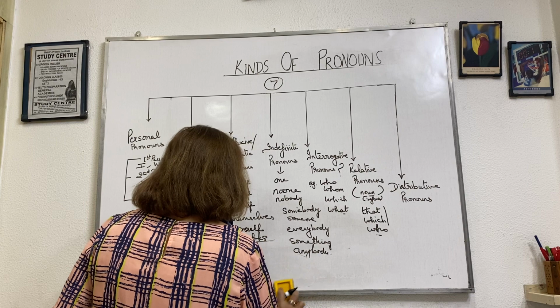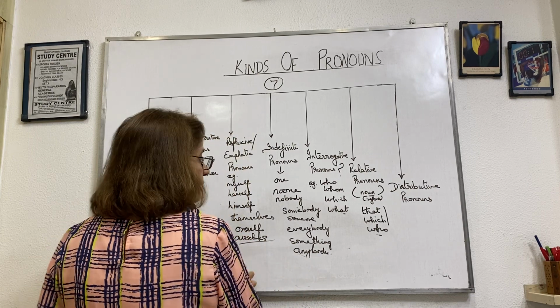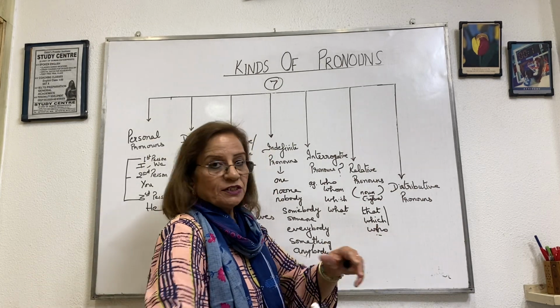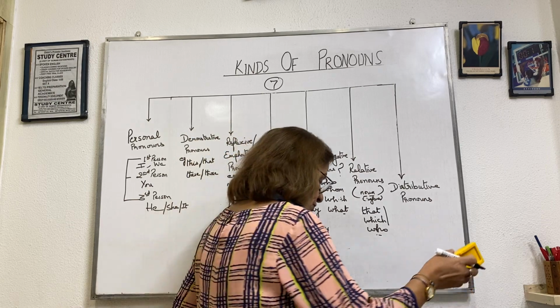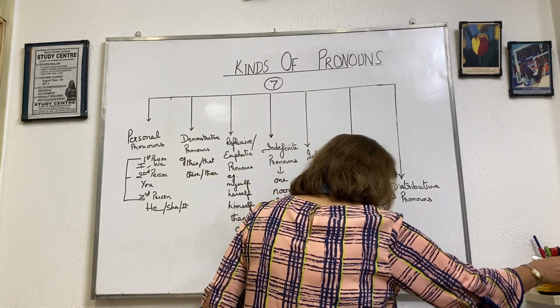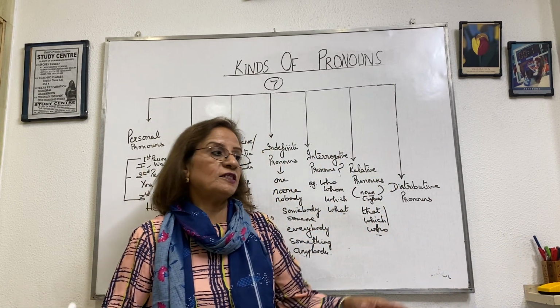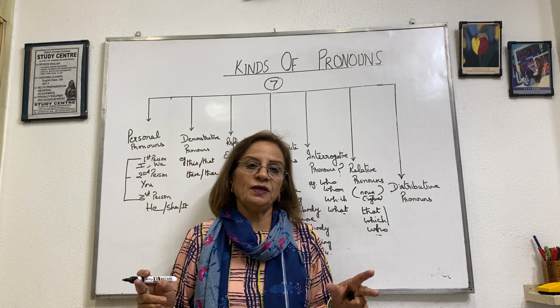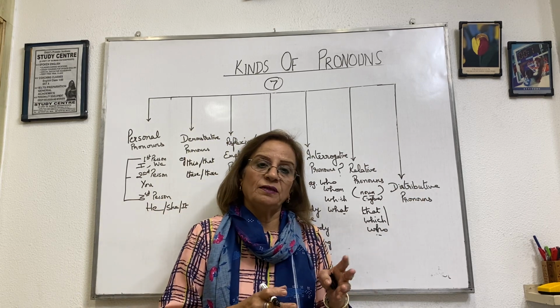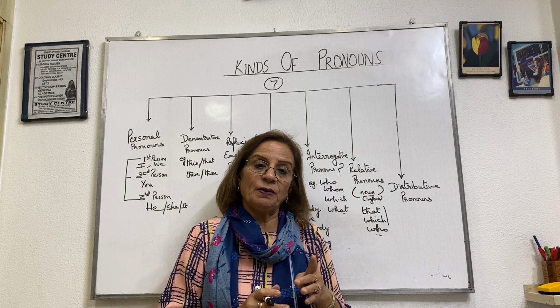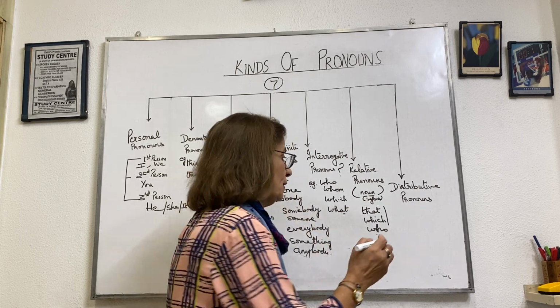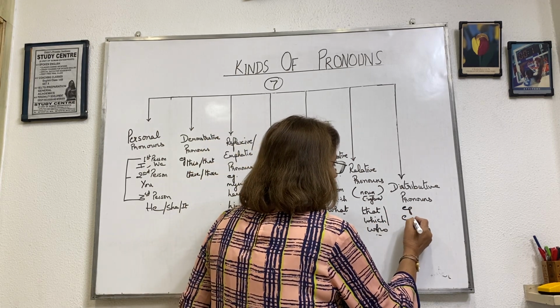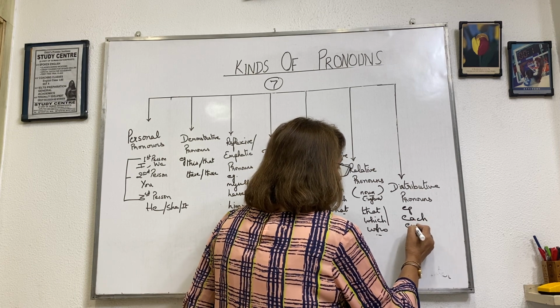Now the last one. The last one is distributive pronoun. It distributes. For example, it refers to persons or things one at a time. It refers to many things, many people also, but one at a time. For example, each. What are the words? Each, every,